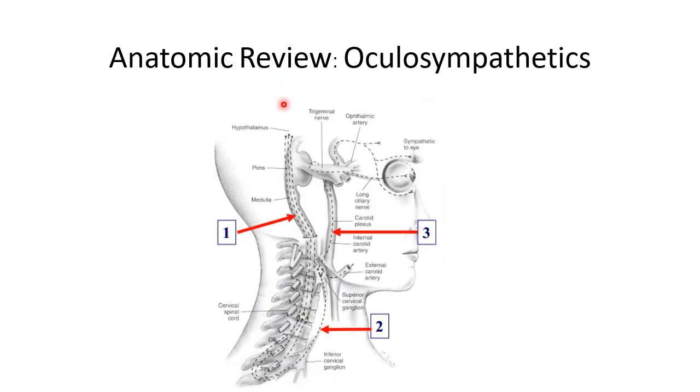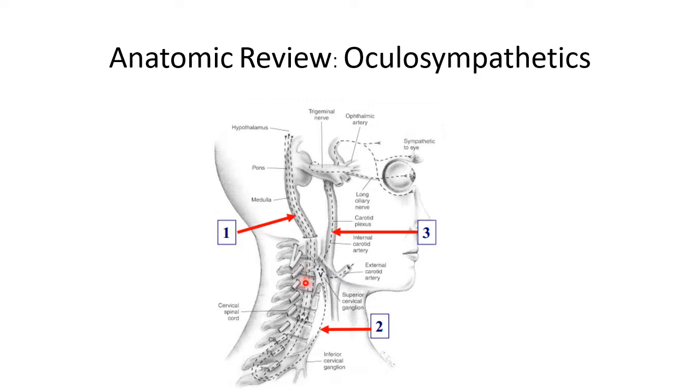And here's a diagram again showing the first order neurons that start here back in the hypothalamus, descend through the midbrain and the lateral part of the pons and medulla, and eventually terminate at the C8 to T2 nerve roots, which then form the second order neurons here at the ciliospinal centre, and then the second order neurons run over the lung apex underneath the clavicle, ascend into the neck up until the angle of the